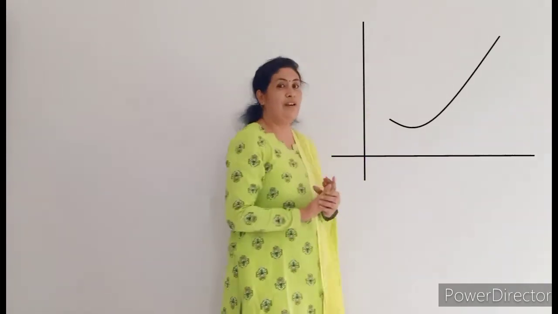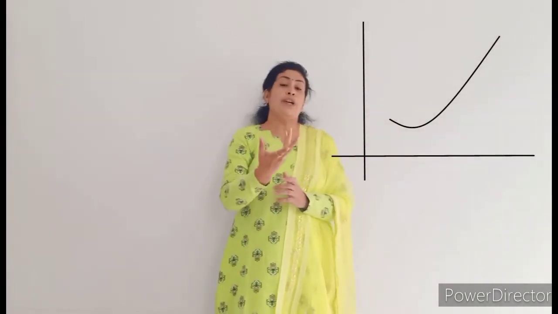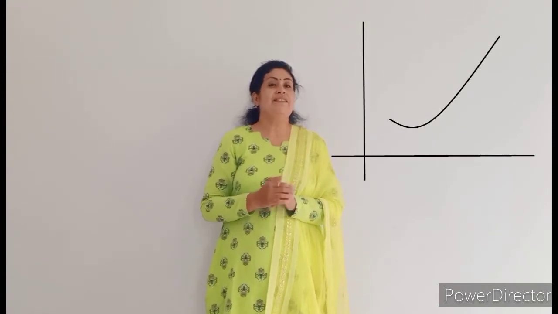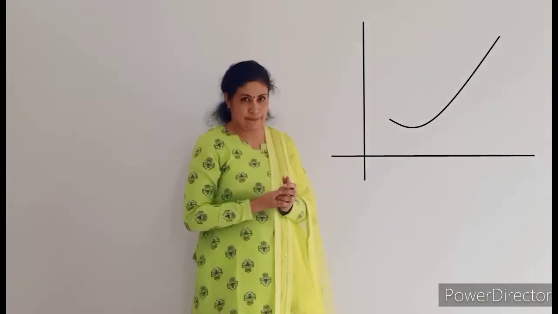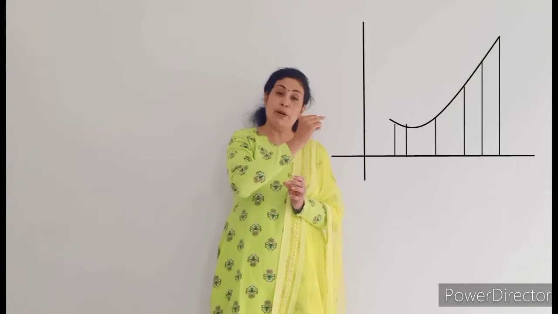For example, you remember your Cartesian plane. You had studied how to plot a straight line, with an example like 2x plus y is equal to 3, you get a line. But there are certain curves. Now how do you get the slope of this curve? Very difficult, right? So what will you do? You will divide it into certain points, and you will find the slope between those 2 points and then get the solution for your curved graph, right?